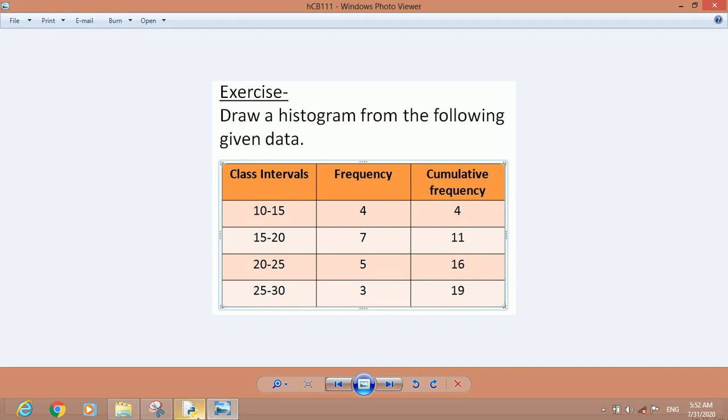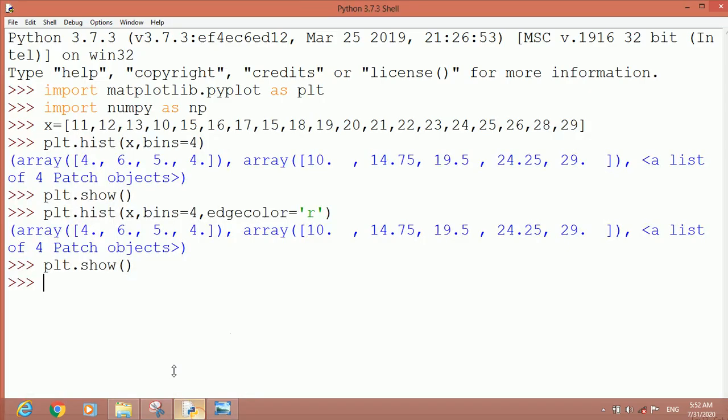So the histogram will show the progressive bar because it adds the previous data items. So for that, let us paste this one, plt.hist with bins. Then here we will write cumulative equal to True. Then it will show the progressive bar by adding the previous data items.